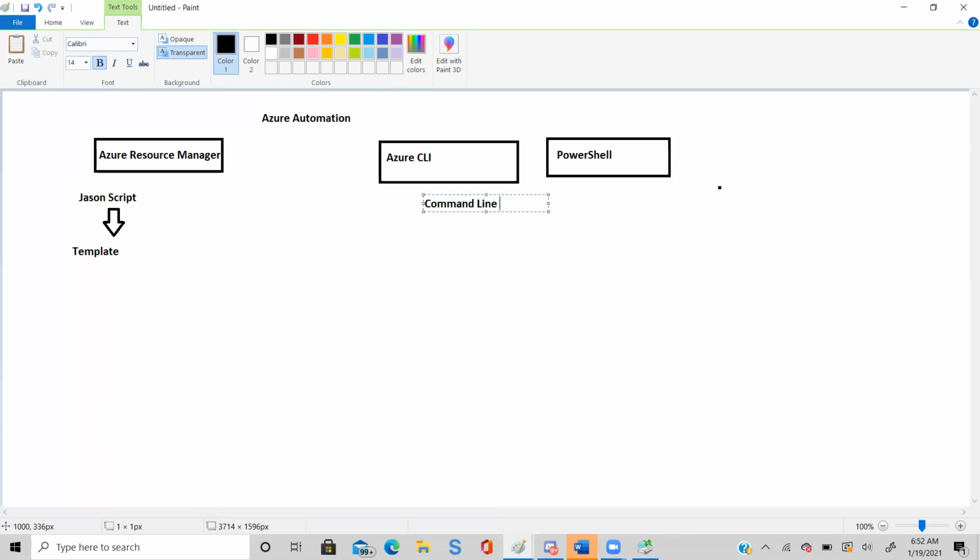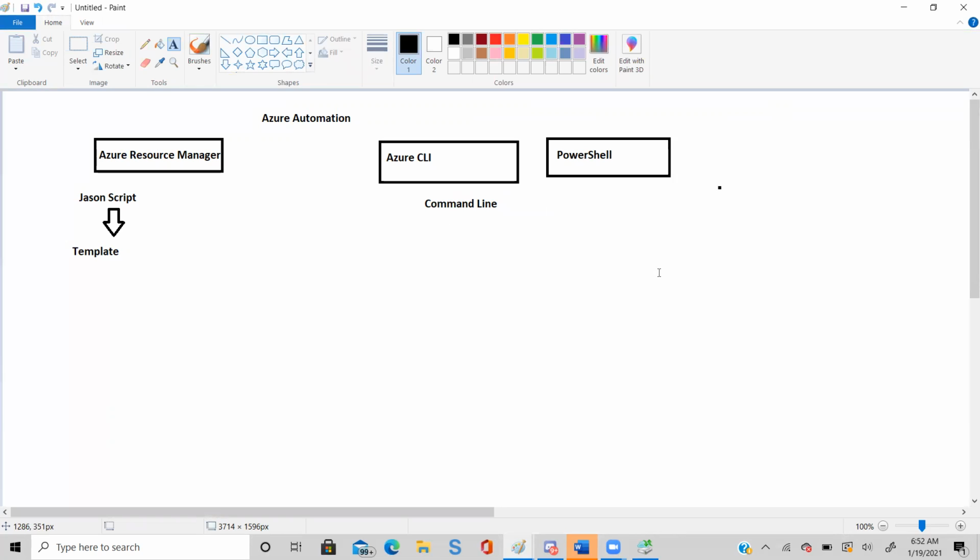Command line means you can write your command to perform a certain task. Now we are going to see how the Resource Manager is going to create a template. So just go to your Azure portal now.